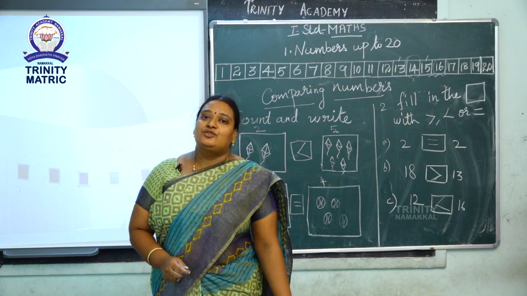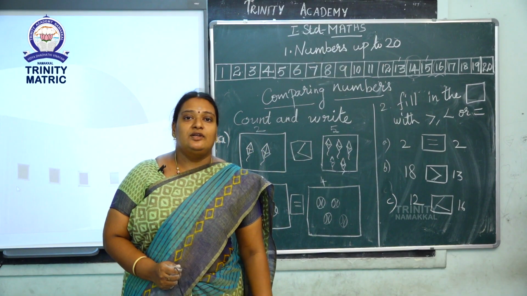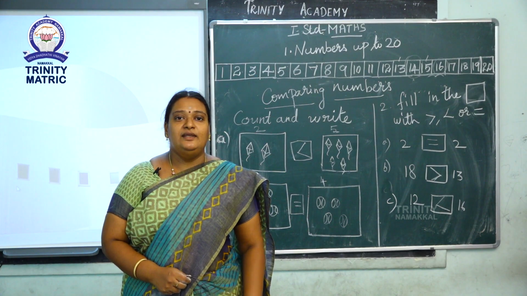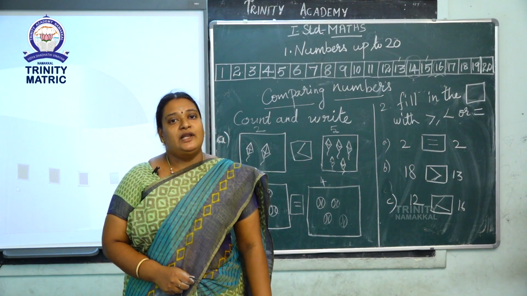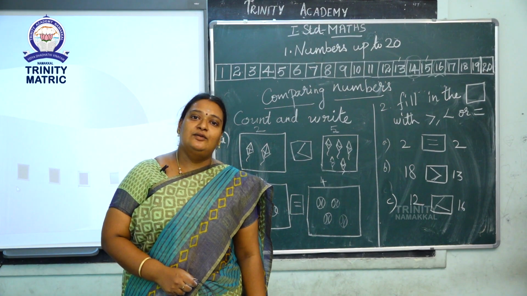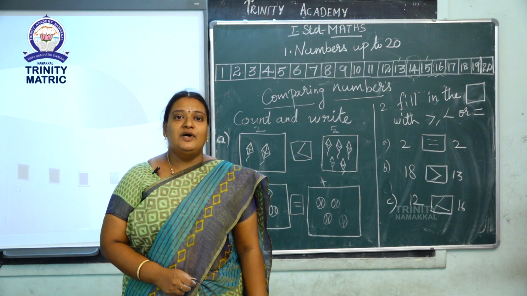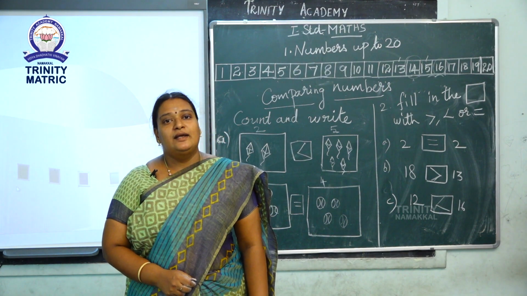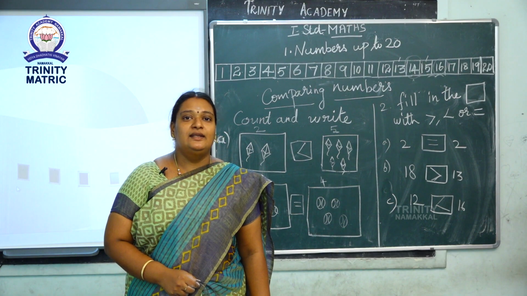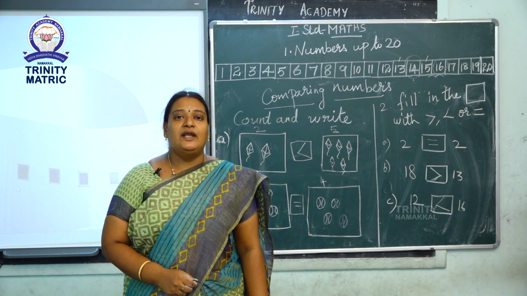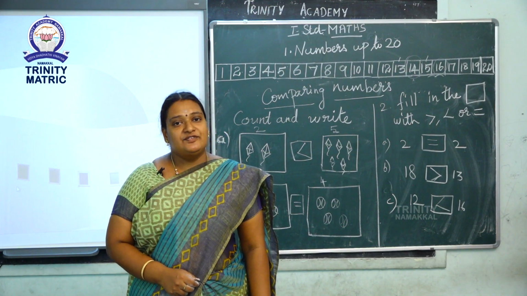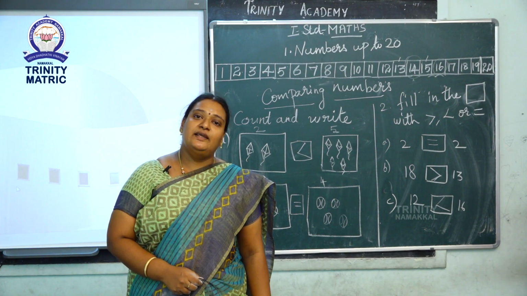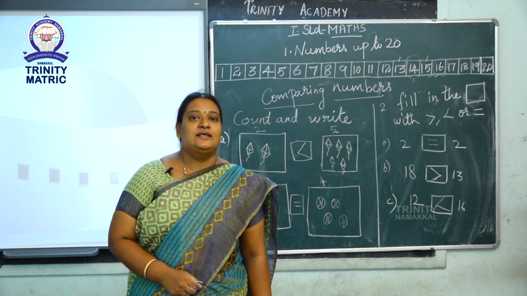Okay children, so we studied in this first unit. What are the topics we studied? Tell me. We studied number names from 1 to 20. Then what did we study? Numbers on abacus. Then comparison of numbers. Then before, between and after numbers. And next we are going to study about ascending and descending order in the next class. Thank you.